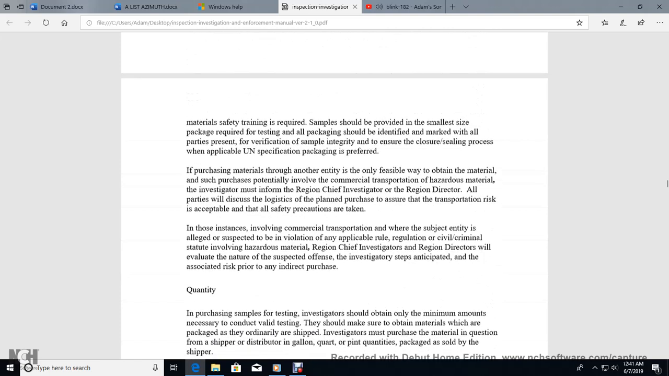The sample should be provided in a small package size as required for testing. The packaging should identify the marks with all parties present, verify sample integrity, and ensure the closure of the sealing process where applicable. UN specification packaging is preferred. If it is not feasible to obtain the material this way, the potential invalidation for commercial transportation of the hazardous material must be considered, and the investigator must inform the regional